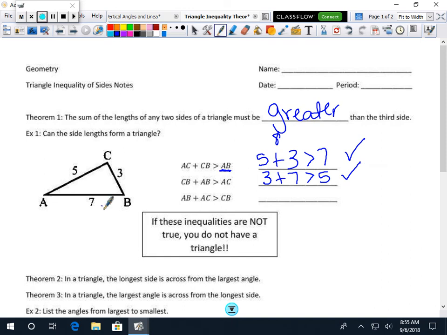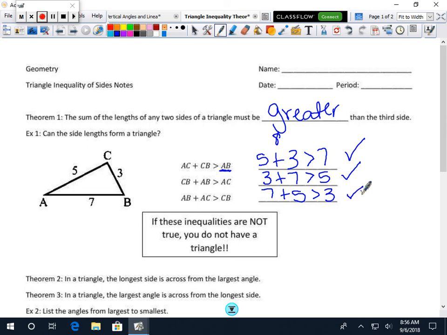And then the last one, side AB is 7, plus side AC, which is 5. And I'm wanting to check, is this greater than side CB, the third side? Well, of course, 7 plus 5 is 12, and 12 is much greater than 3, so this is true